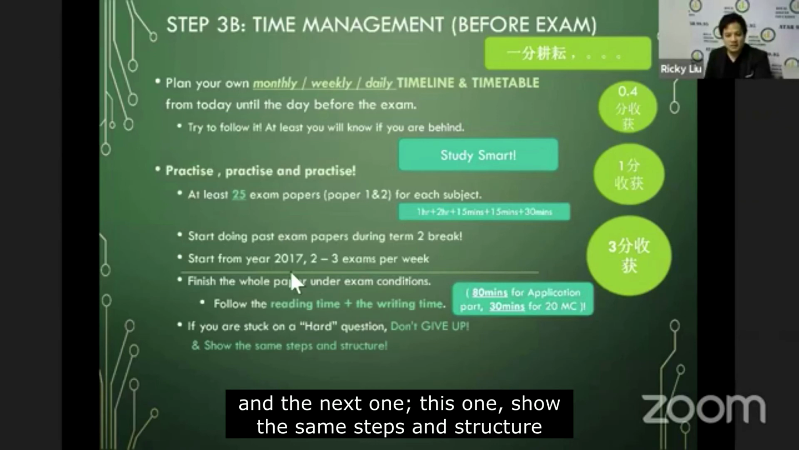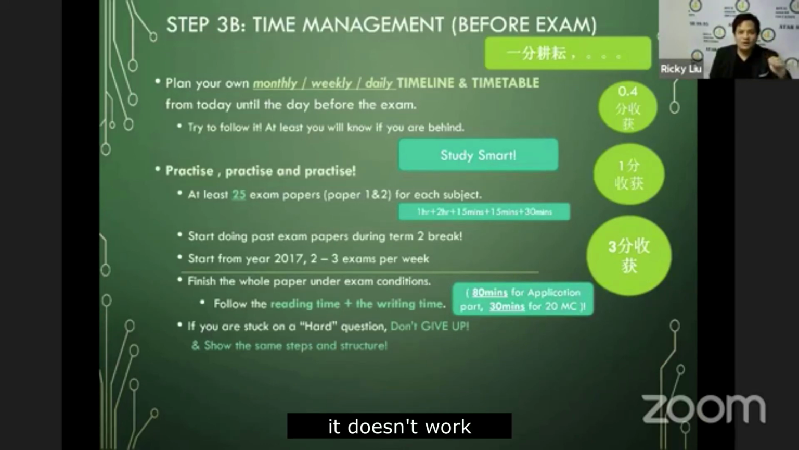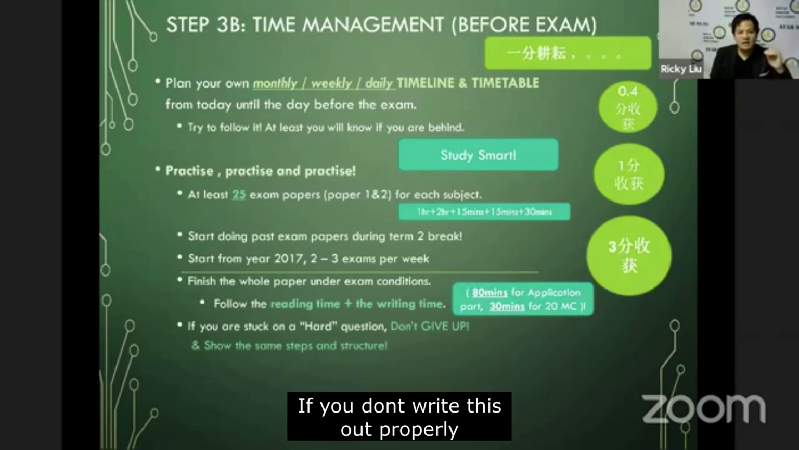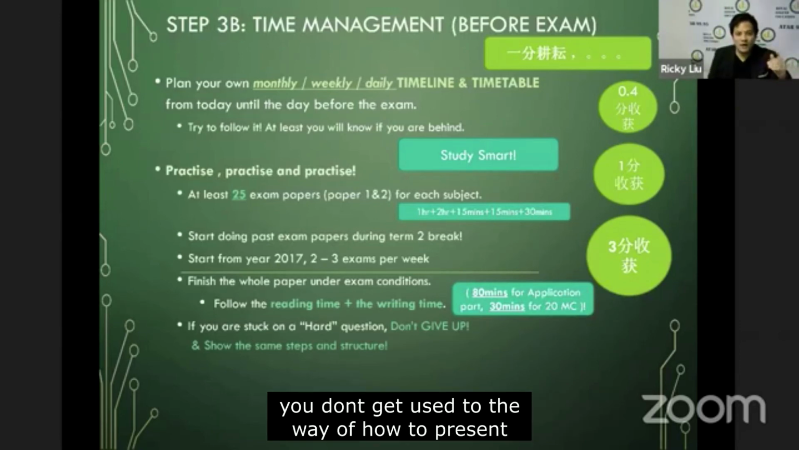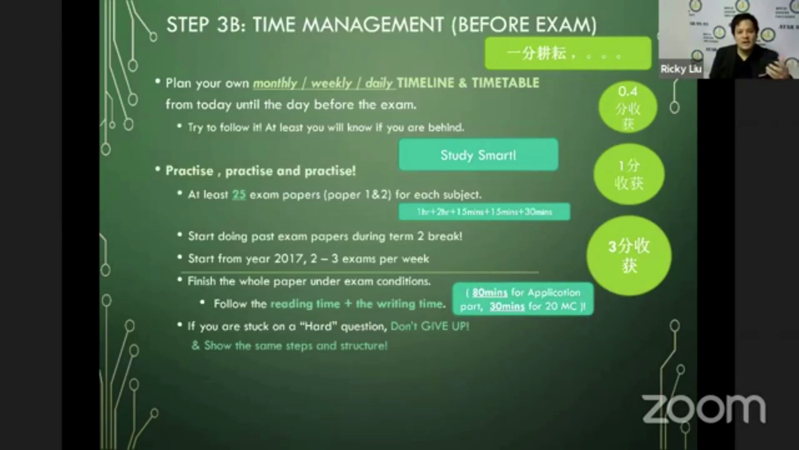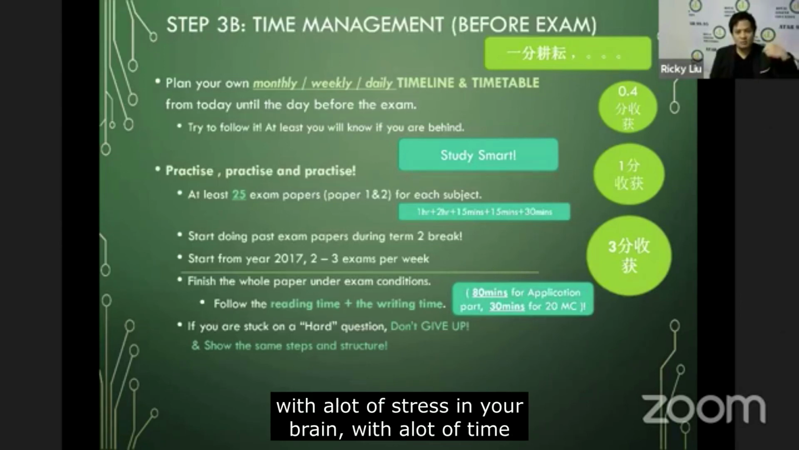And the next one, this one, show the same step and structure. A lot of you guys keep saying that, oh, in exam, I'll write that properly. In exam, I will show all the working out. It doesn't work this way, because in exam, you got too many things to concern. If you don't write this out properly, you don't get used to the way how to present. Yeah, how do you suddenly get used to a proper presentation with a lot of stress in your brain, with a lot of time